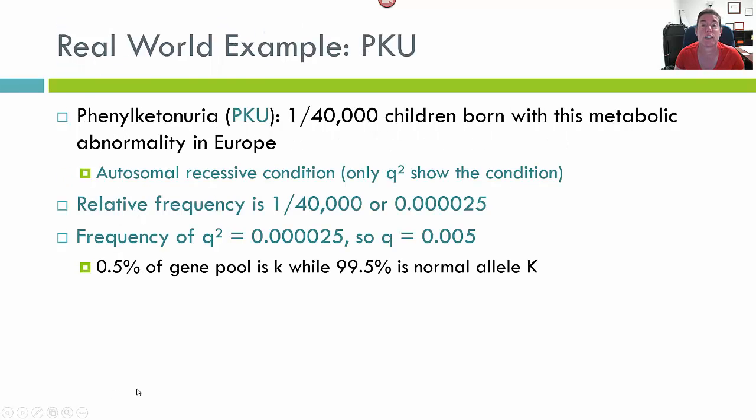Let's take another real-world example. There's a condition called phenylketonuria, PKU. 1 in 40,000 children are born with this metabolic abnormality in Europe. If you look at any bottle of Coca-Cola or something, it specifically states phenylketonuria, people who are sensitive to it shouldn't be drinking Coca-Cola. It's an autosomal recessive condition. That means that only individuals who are homozygous recessive for the condition exhibit it. The relative frequency, as I said, is 1 in 40,000. If you calculate it out to the decimal, it's